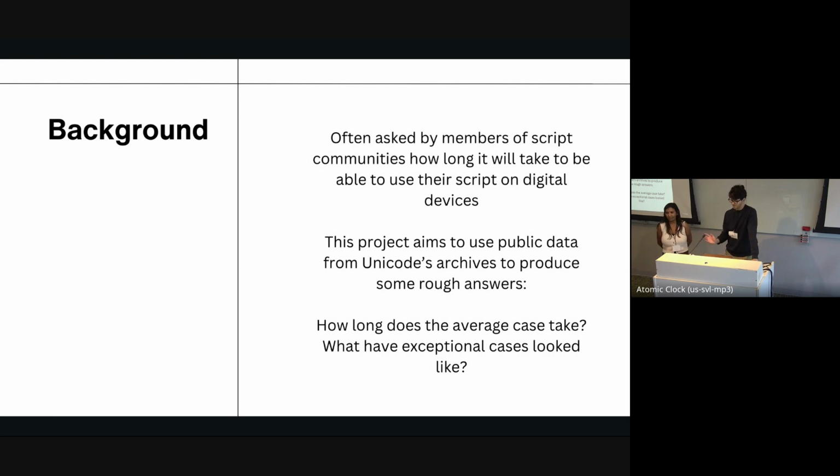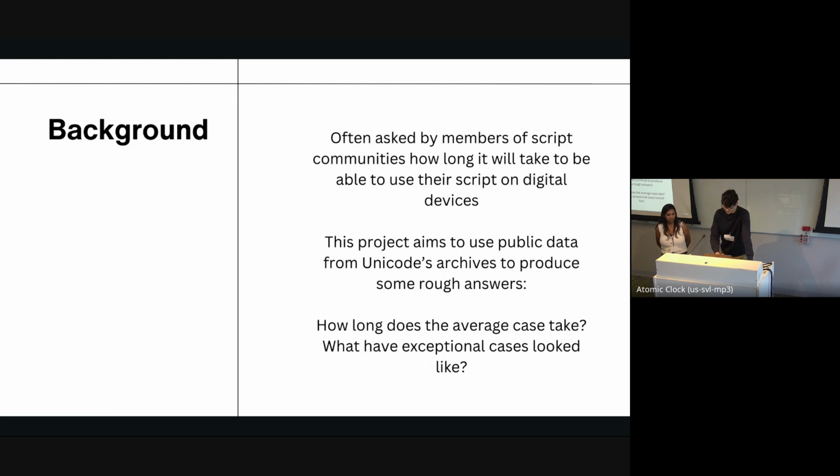We're both part of a project called the Script Encoding Initiative, or SEI, at UC Berkeley. SEI works with script community representatives and experts to get historic and minority unencoded scripts into Unicode. In our work with script communities, a large part of our job is to do expectation management. It's rightly frustrating when one can't use the preferred characters or scripts on a digital device, and even just getting it available in the Unicode Standard can also take years.